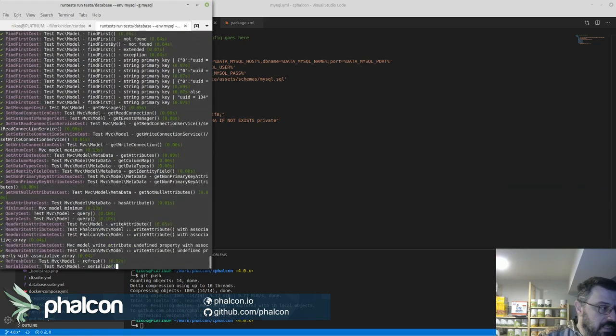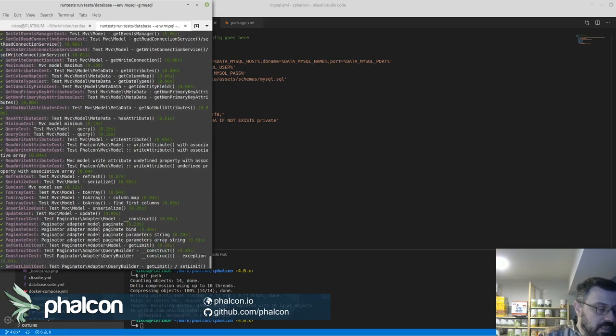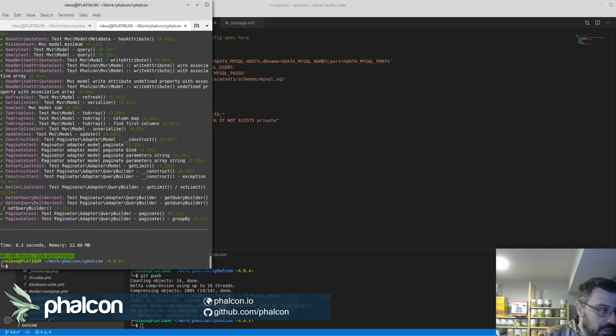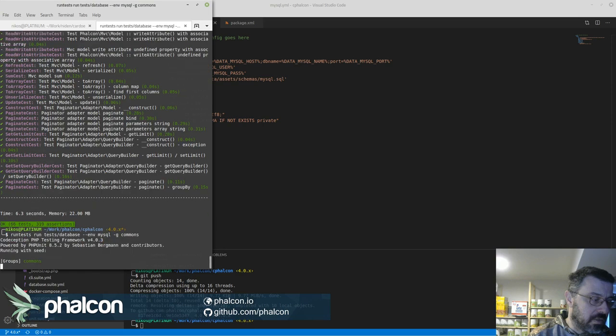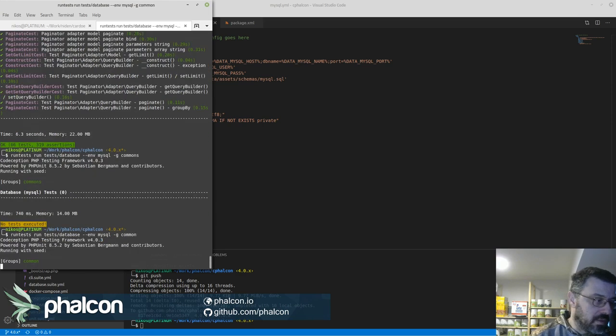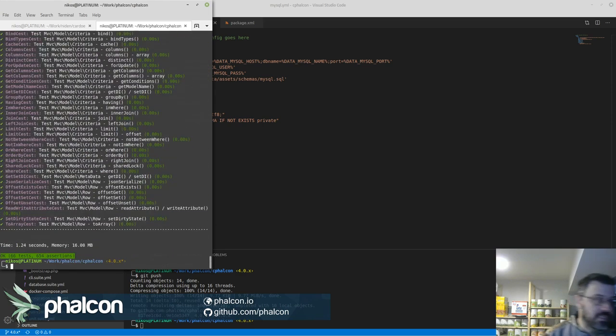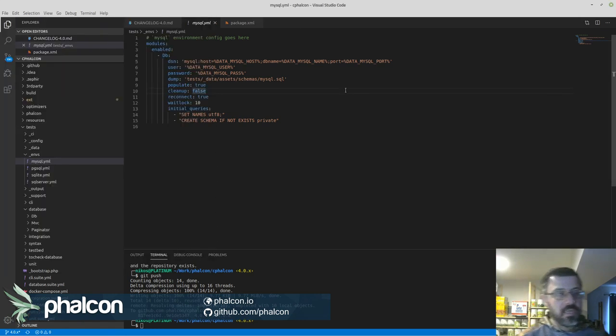Alright, so this is the database suite that runs against MySQL, and it runs only the MySQL enabled tests. This one will run the common tests. These are the tests that run for any suite, whether this is SQLite, PGSQL, and so forth. The reason we have them split like this is because there's certain tests that cannot be run